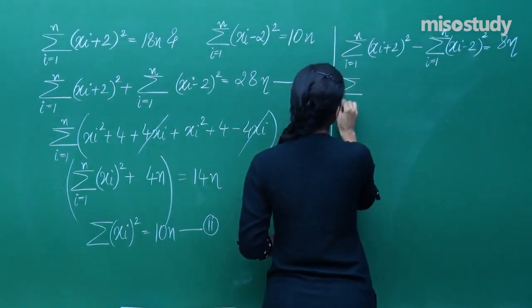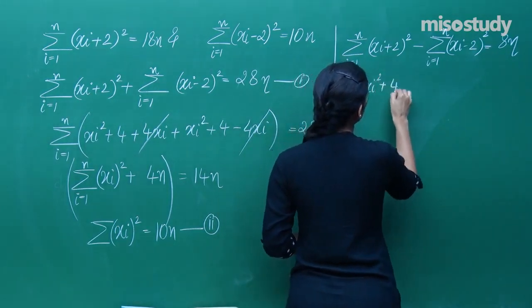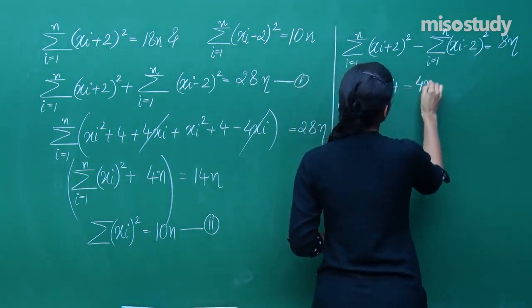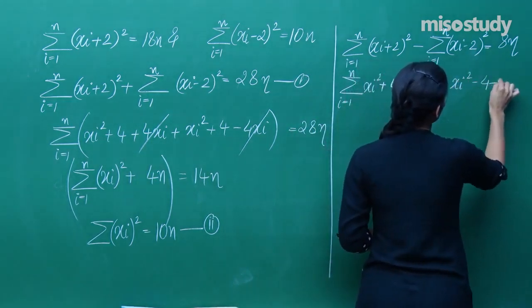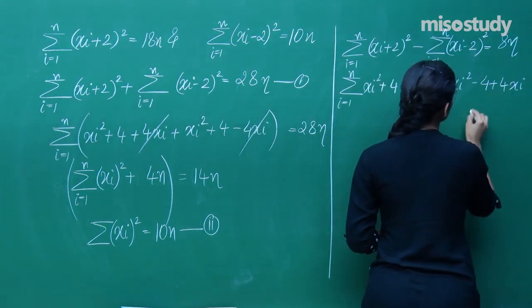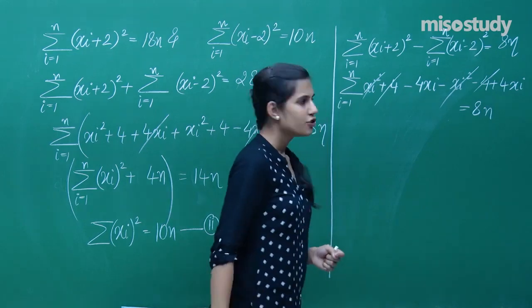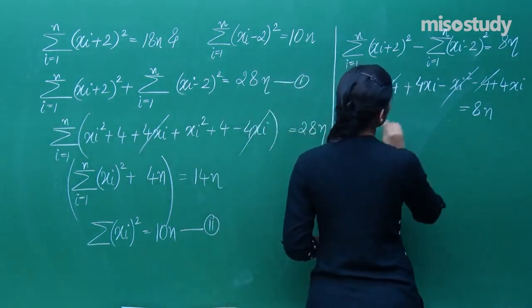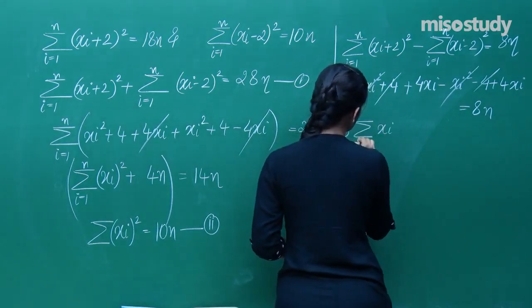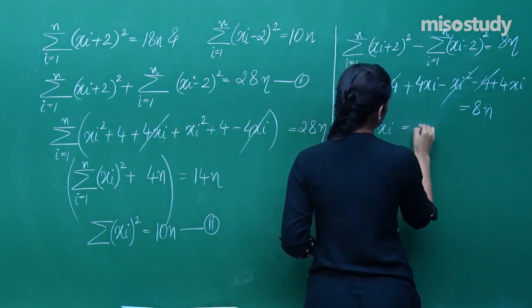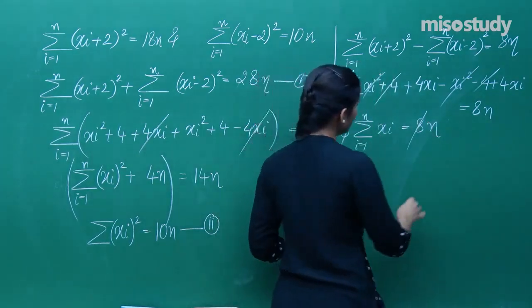This is going to give you, when you open the summation up, xi square plus 4 plus 4xi minus xi square minus 4 plus 4xi is equal to 8n. So this gets cancelled, this gets cancelled. You are left with 8xi, 8 comes outside. This is what you are left with. 8 gets cancelled, and you have this as the